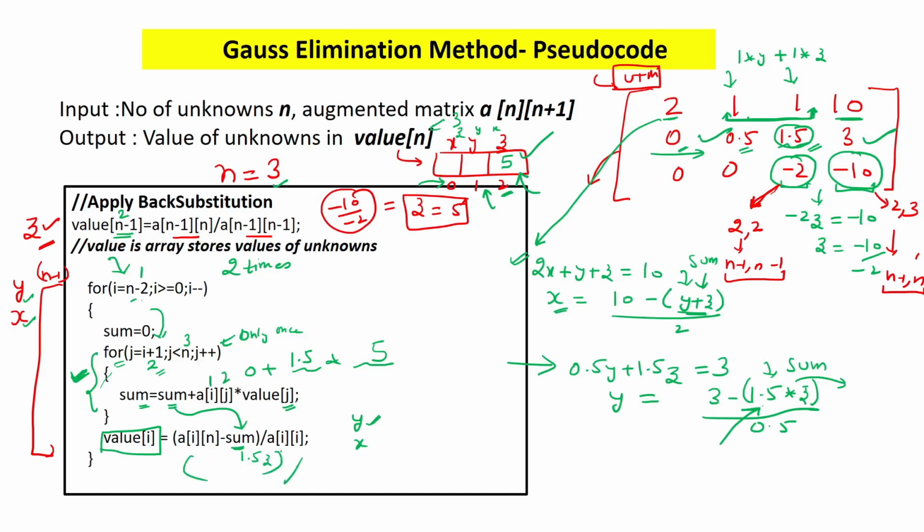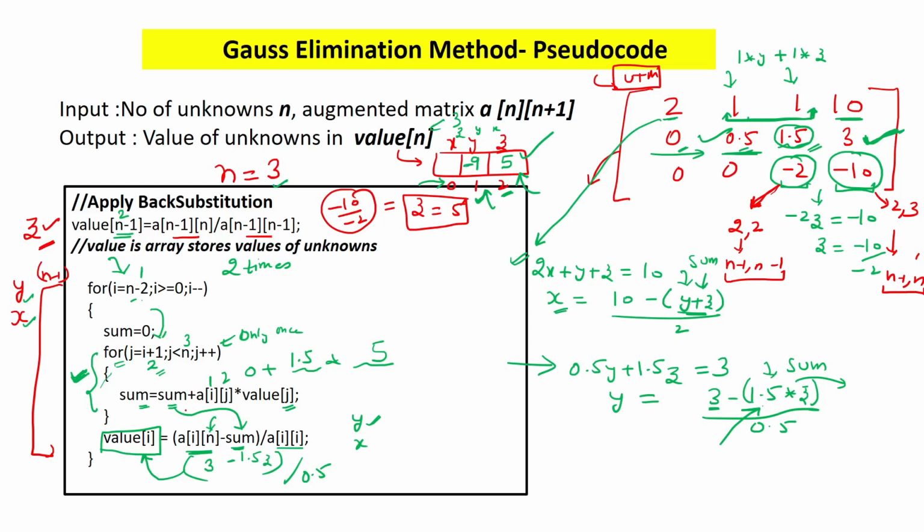And now I have to divide it by aii. That means a of 1 1. What is the value of a11? This is 0.5. And what should I write here? So if I see, this is 3. So this is the corner element. That means some n will come. n will come means this n should be in the indexes. So ain means a13. a13 is the element 3. So after solving this, I will get the value of 1, so this will be like 9 that I have got from the solution. So this is actually minus 9.